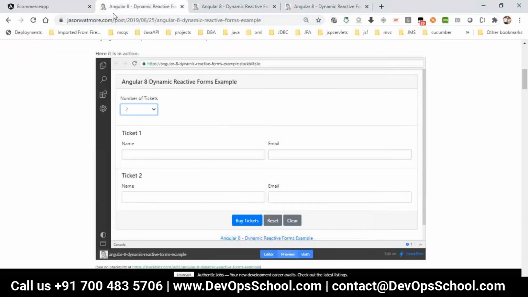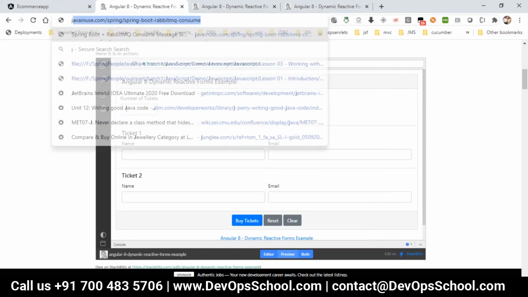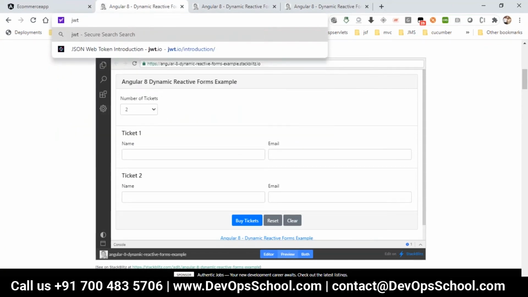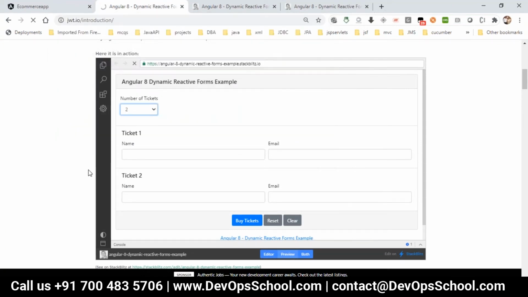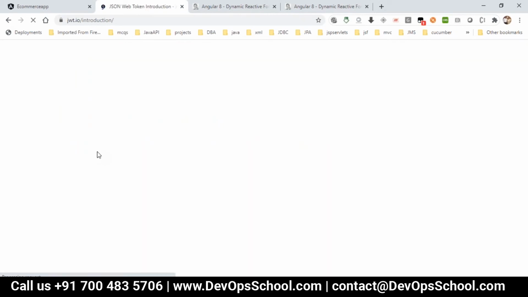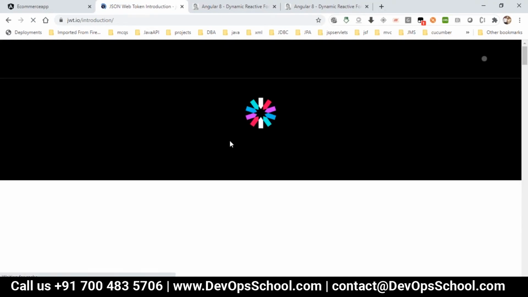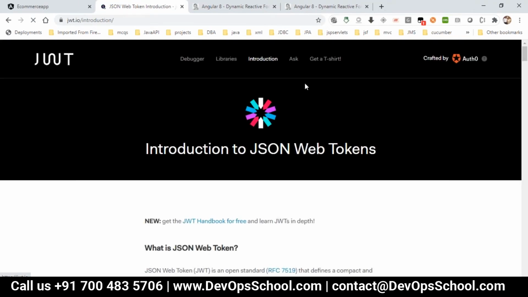Let me just go here, JWT. That's the official website of JWT. JWT will make security good, because here when you go to the JWT debugger,